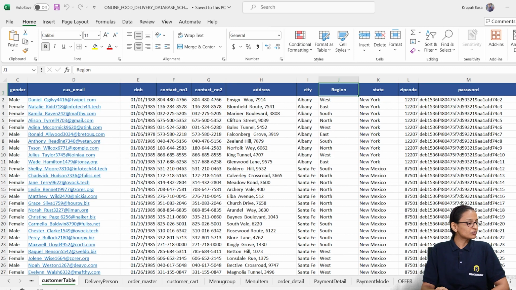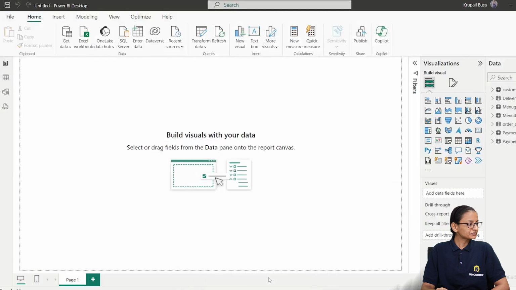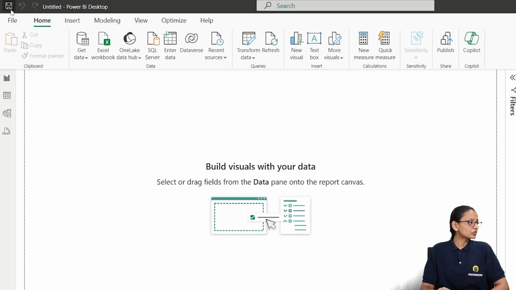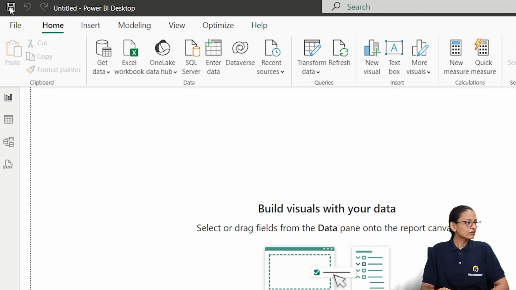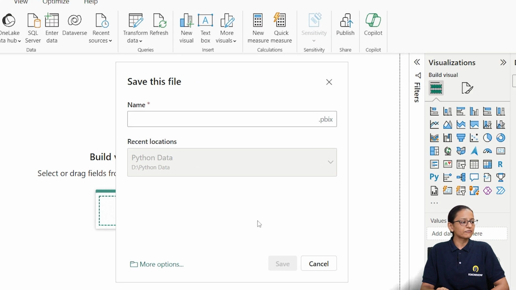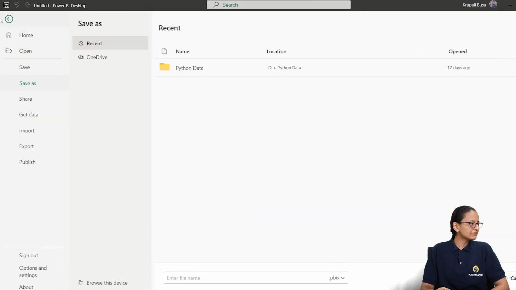Okay, so let's go to the Power BI. We have loaded the data. The next thing is that we need to save the Power BI file. So click here on save. You can save it wherever you want, in OneDrive or on your local computer, anywhere. So I am saving it